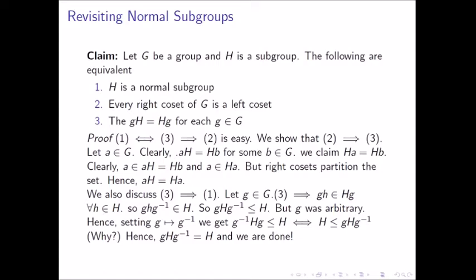So G capital H G inverse is basically a subgroup. It's a group, we know it. It's a subgroup of G, we know it, and it turns out it's a subgroup of H as well. But G was arbitrary, right? Then setting G to G inverse, we get G inverse HG is a subgroup of H. But this turns out to be the equivalent of H is a subgroup of GHG inverse. How? Just think about it once. A hint over here would be considering conjugation action on subgroups. Hence, GHG inverse is equal to H, and we are done. So we need to be a bit careful over here when we are doing this.